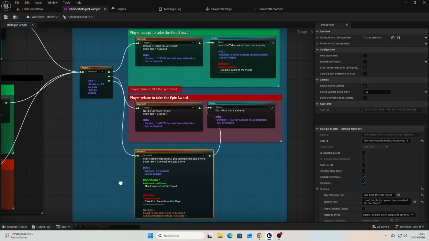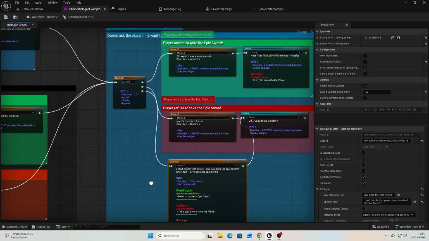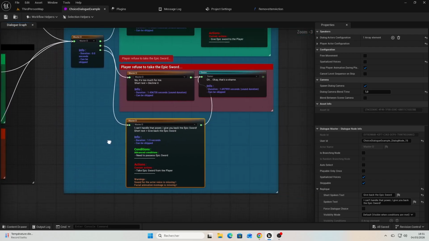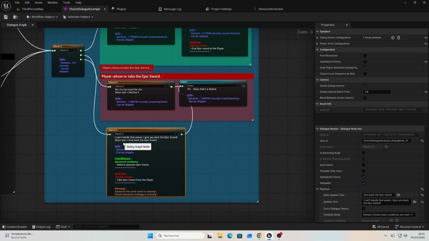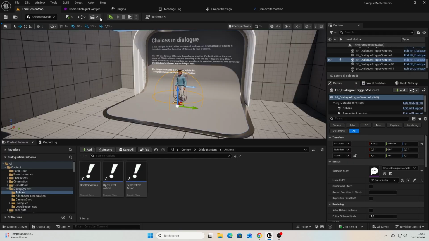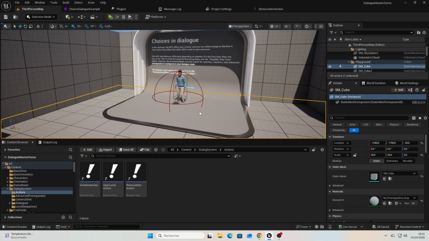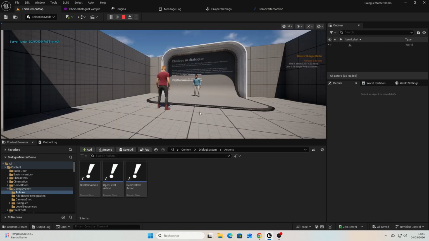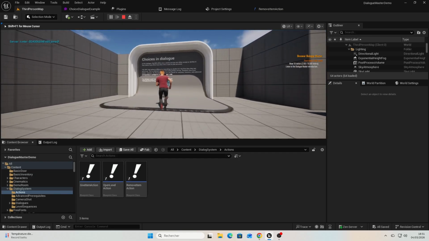I'm currently inside the Dialog and Quest Master demo project, and I slightly modified this dialog to add a new option that allows the player to return the sword to the NPC. On this dialog node, I added a condition so the option can only be selected if the player owns the epic sword. If we test it right now, you'll notice that the option doesn't appear at all, because the condition